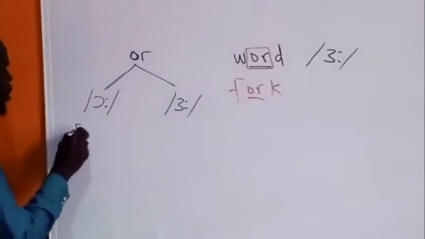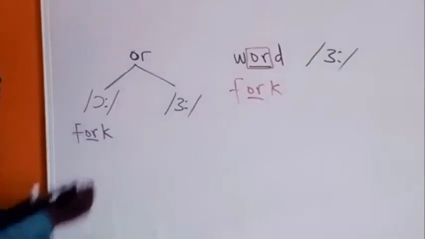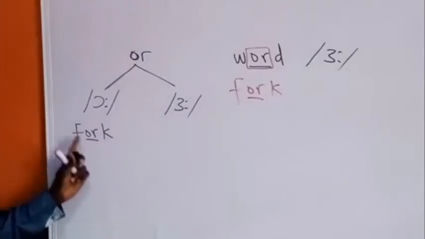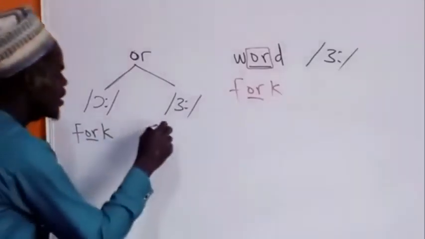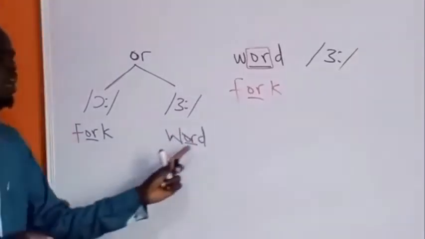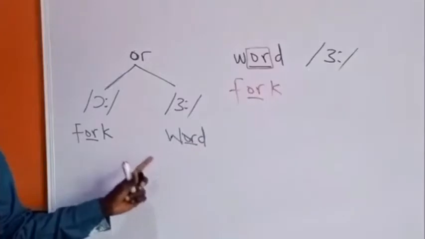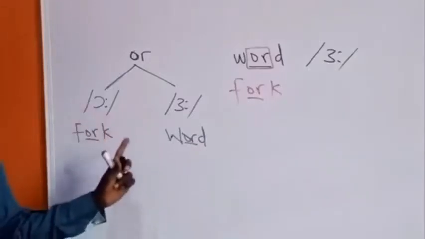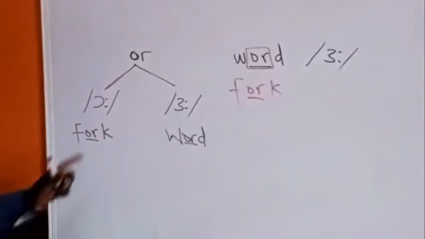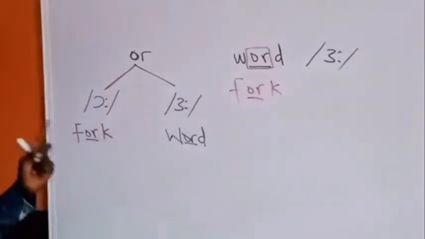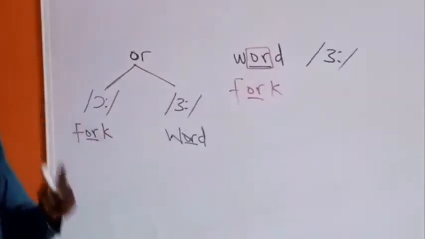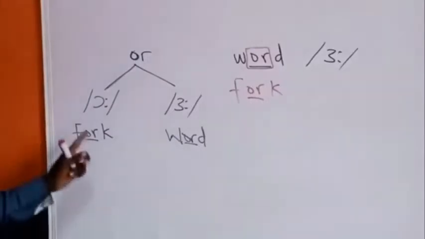Let me quickly give you two examples, one for each of them. If you have a word like FORK, you pronounce the OR there as "or": fork, fork. Then when you have a word like WORD, you pronounce the OR in it as the long "er": word, word. Now the logic and the reason behind the pronunciation of the OR in two different ways is that you first look into the letter that comes immediately before the OR,